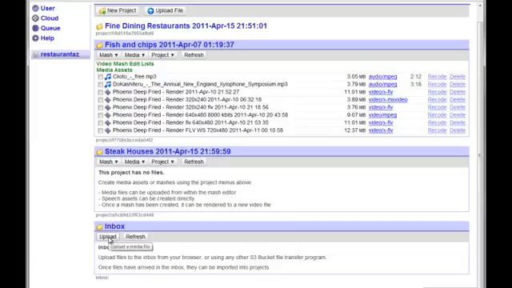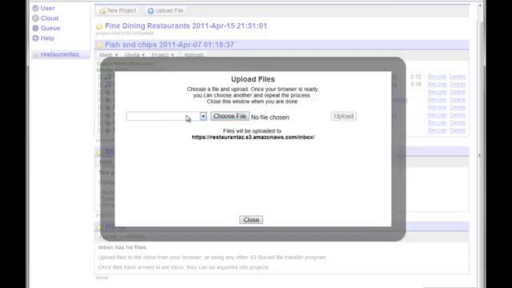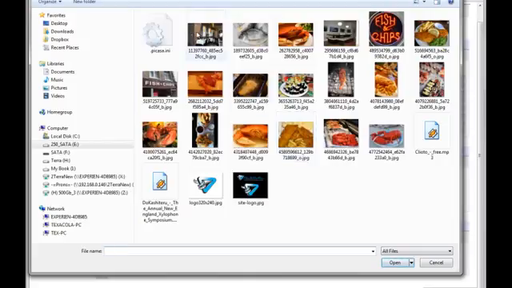What you do for this is in the inbox section. Now this will only do one file at a time. Okay, so we'll start with this one. We'll upload. Don't worry about this. This gets automatically filled in when the system figures out what sort of file it is. Okay, so we'll choose file, and we want